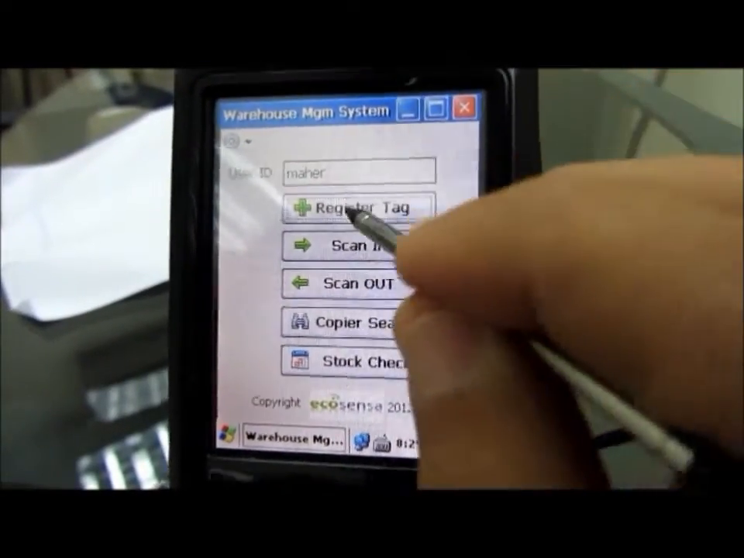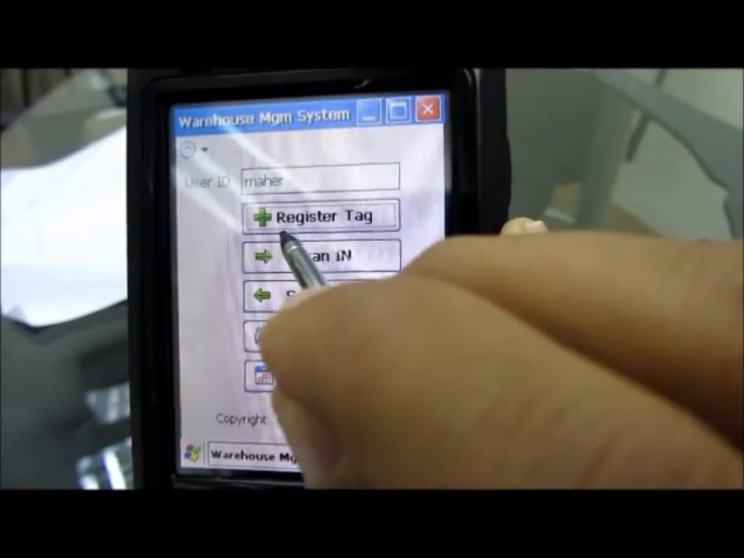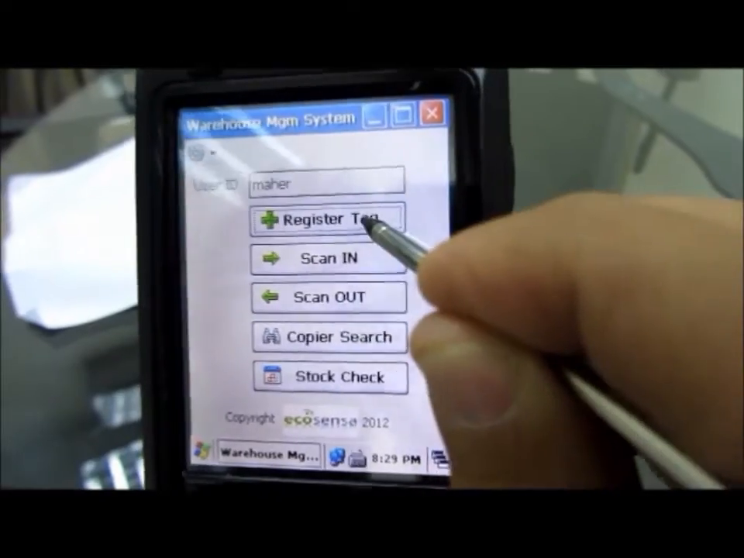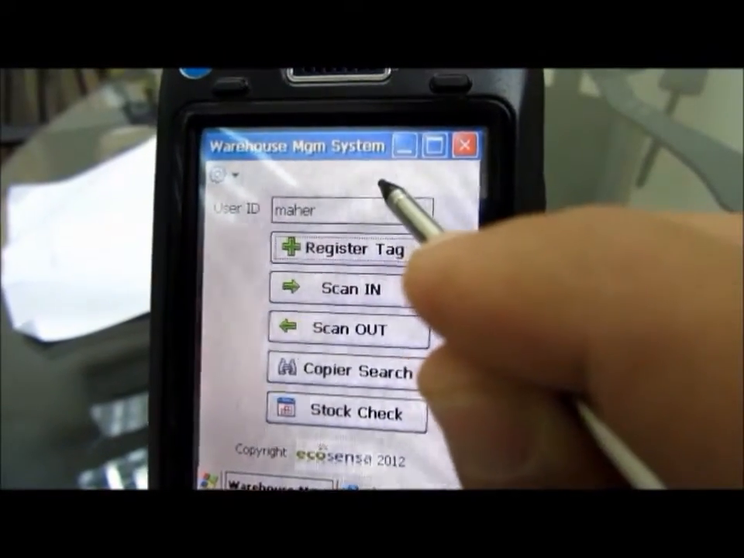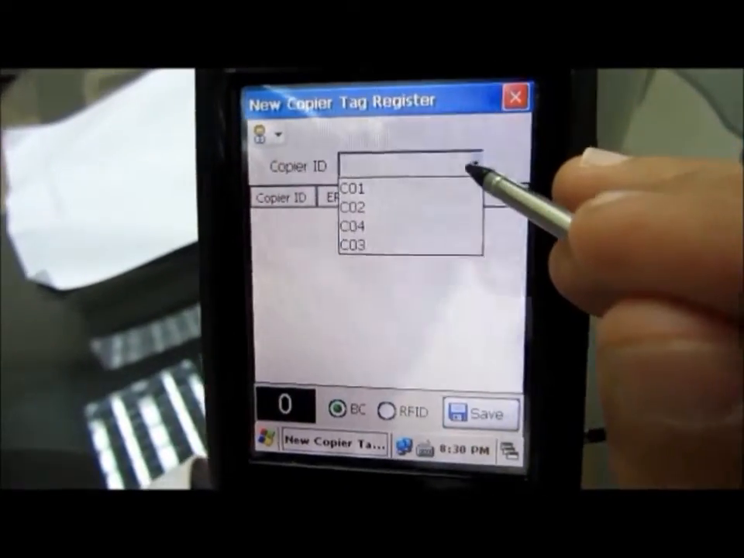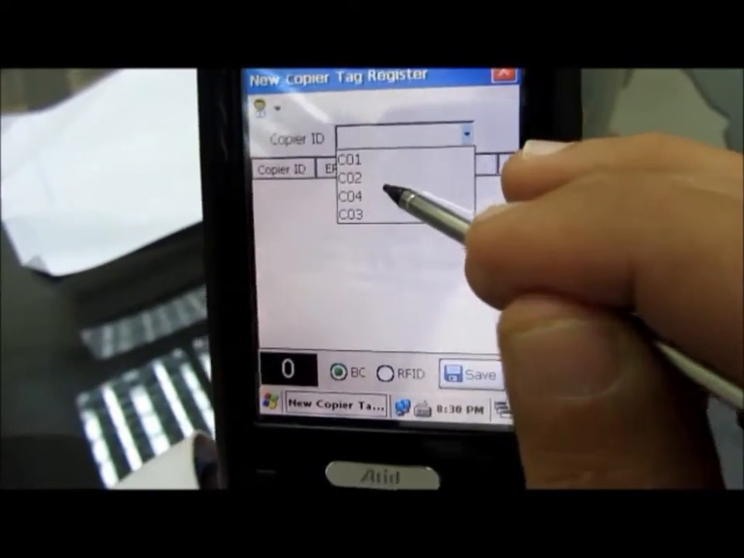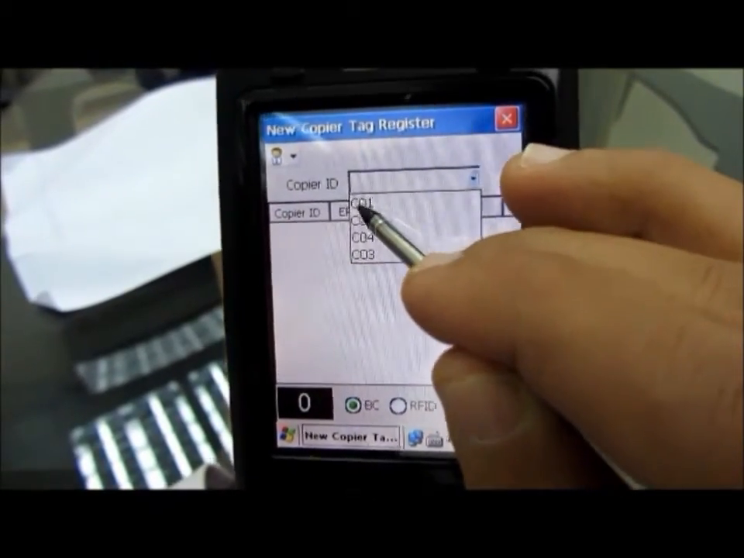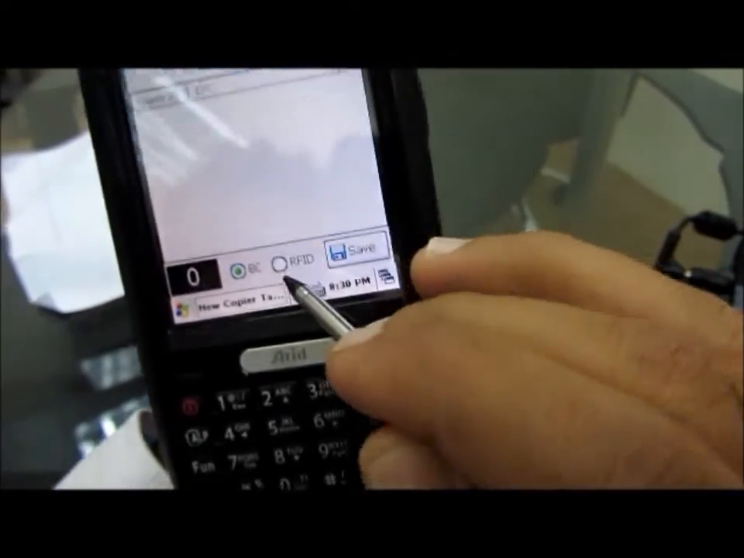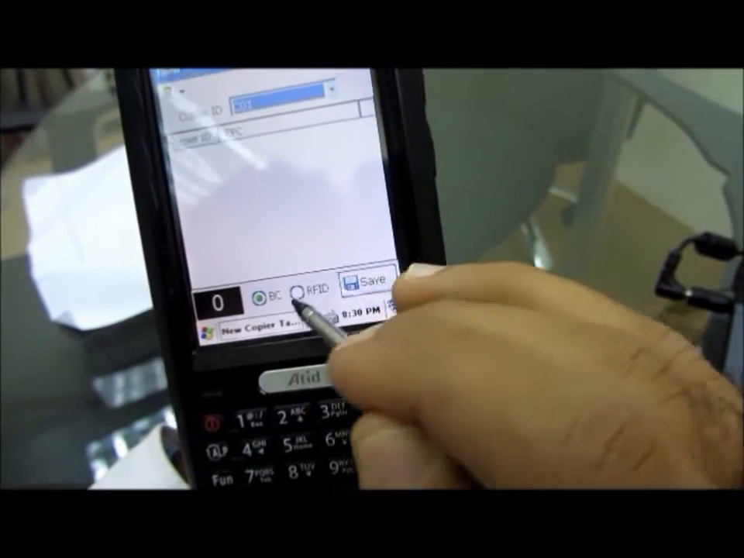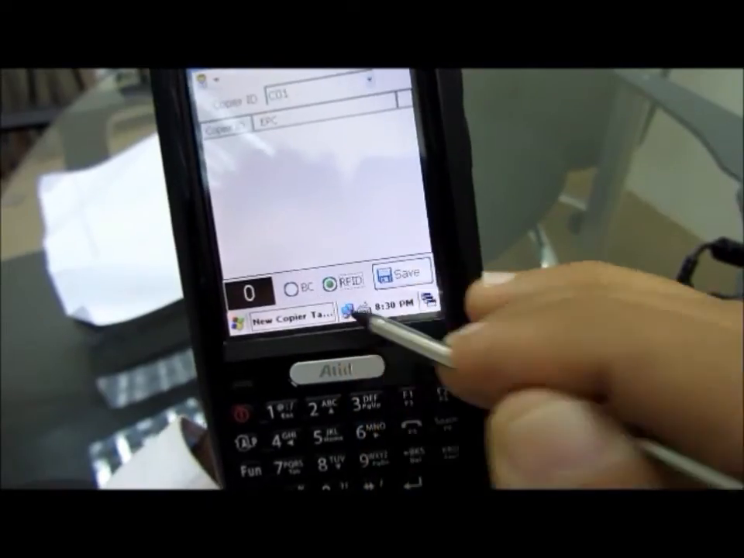Right, and the first button in here is for the registration of the tags. So we click on it. First they will ask you to choose what type of asset it is. So you choose any type of these 4 in our case, and then you choose whether you want to scan the tags by the barcode if they have, or the RFID. Then you try to scan the